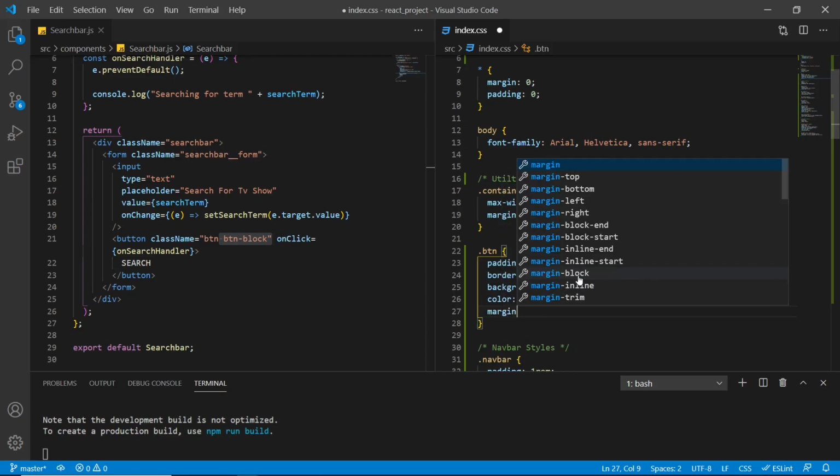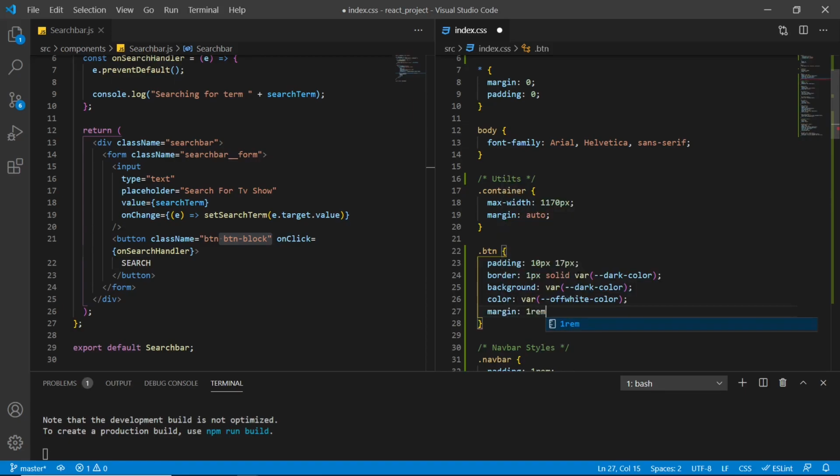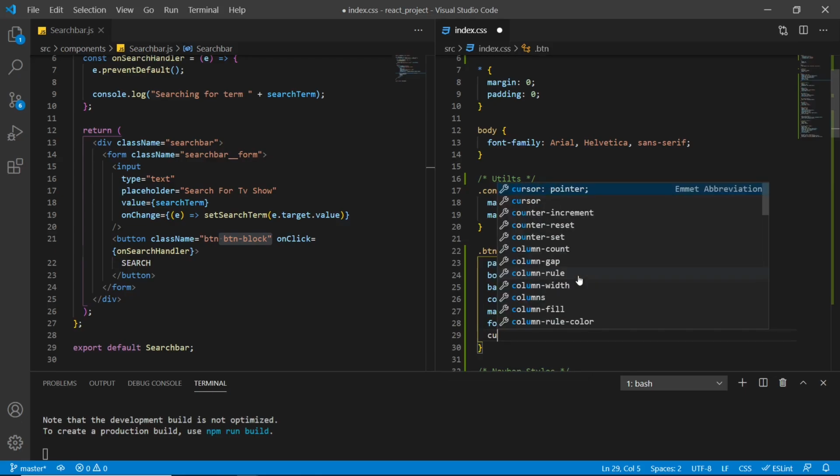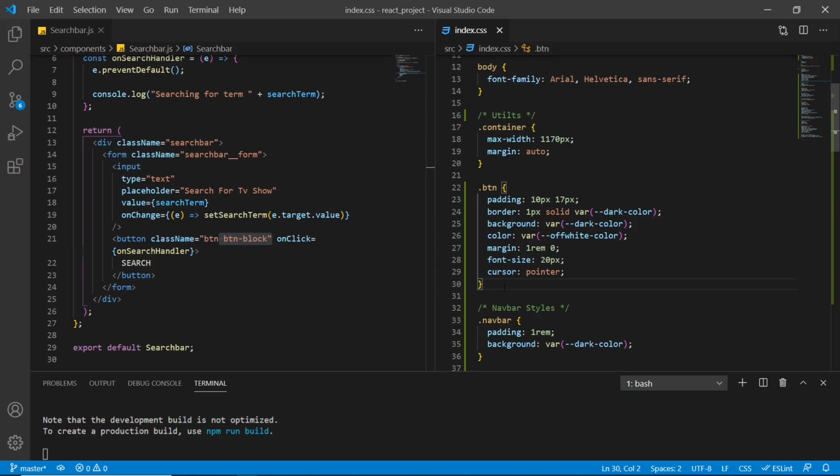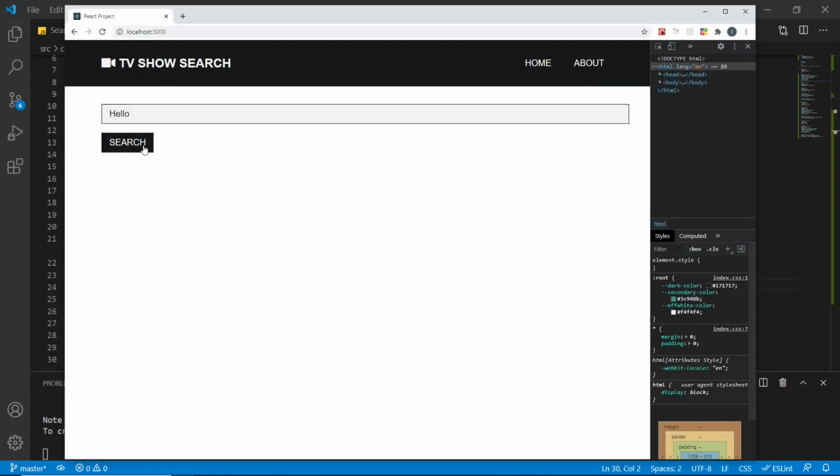I'm going to give it a margin top and bottom of 1 rem and left and right of 0. I'm going to give it a font size of 20 pixels, and then I'm going to give it a cursor pointer. So if we hover over it, it would give us the pointer. So if we go back, we have this little